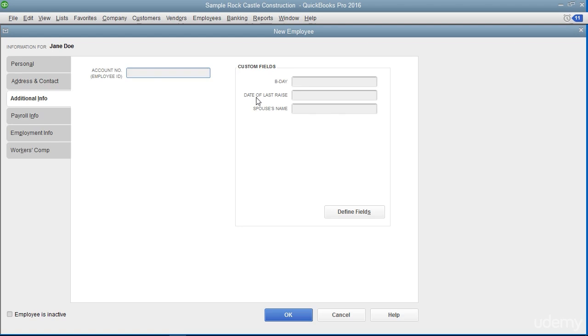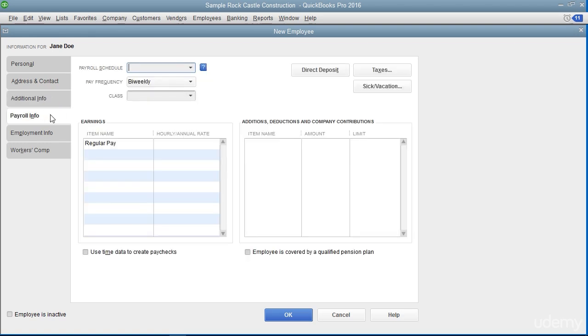After you have finished the Additional Info tab, click the Payroll Info tab to continue. On the Payroll Info tab, enter the specific payroll earnings for the selected employee. We will discuss entering information into the Payroll Info and Workers' Comp tabs in depth in a later chapter on payroll. If you will be performing payroll activities in QuickBooks, you should review the entire chapter on payroll before entering